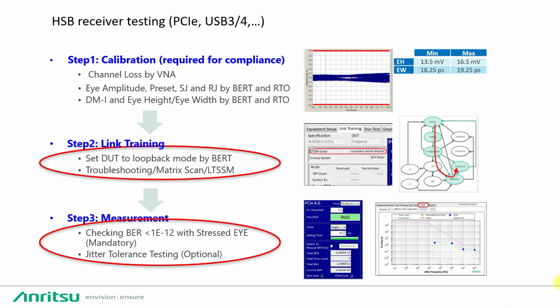This picture displays the necessary steps through a receiver compliance test for PCI Express and USB. While the calibration is beyond the scope of this video due to its complexity, I want to explain the link training as a precondition for communication between link partners, for example between graphics card and motherboard or MP1900A and the